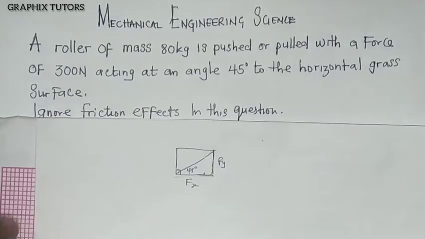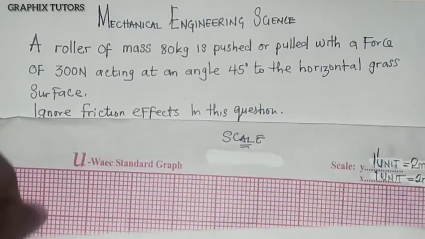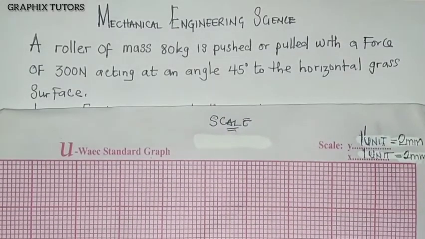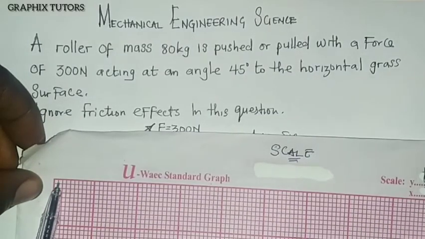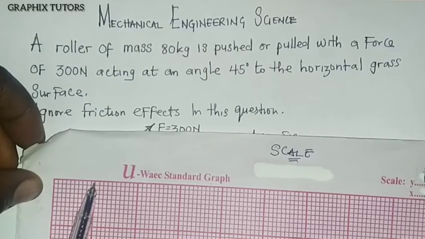If you like, you can take 50, it depends on what you want to take. So if I use my graph and I want to take 40, I've already said every 1 unit is 2 millimeter. That means this line here is 1 unit, this is another unit, another unit. So the first cell here is what? 20